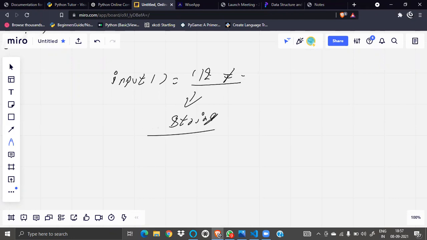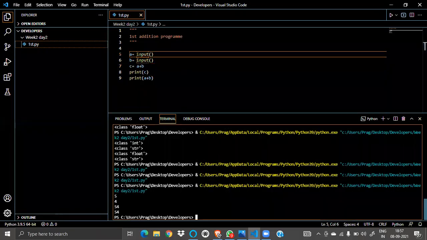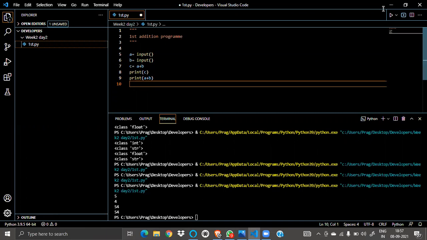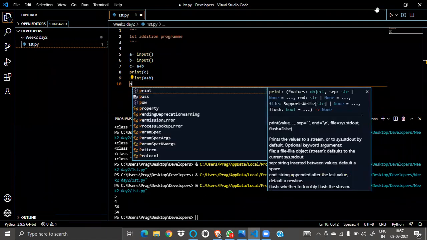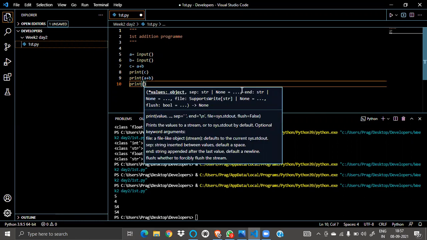If I am giving input as a 5, it will consider 5 as a string. If someone says I don't believe you, here we are not even using quotes, but still it's giving us a string. So I will use print type